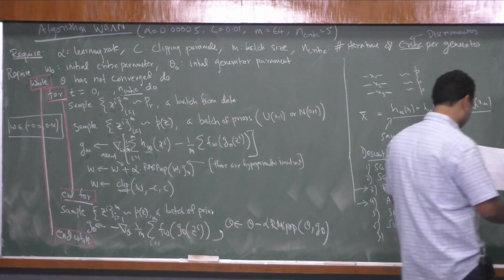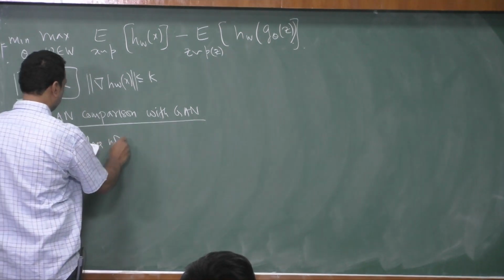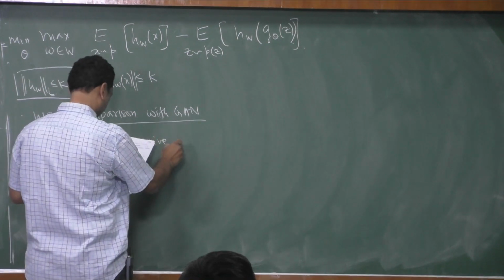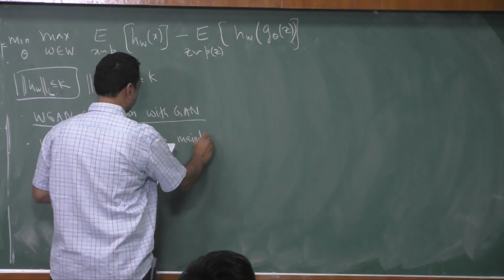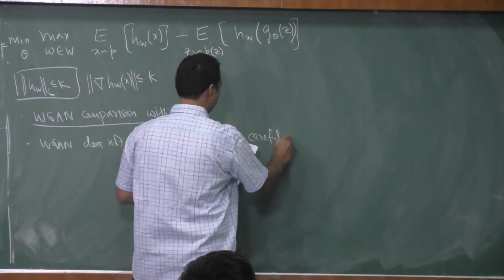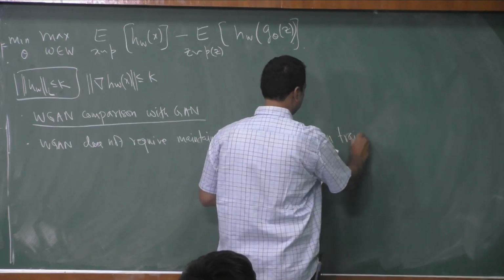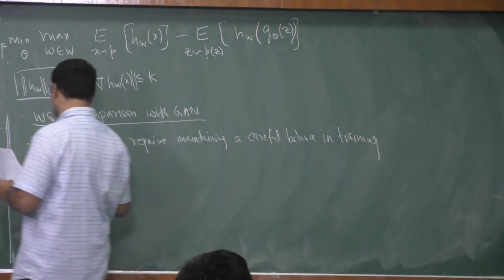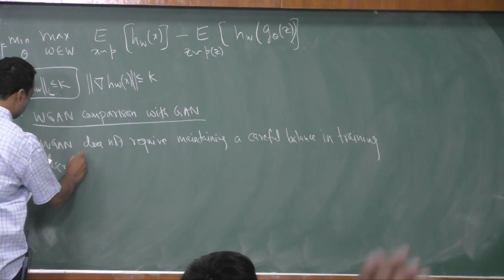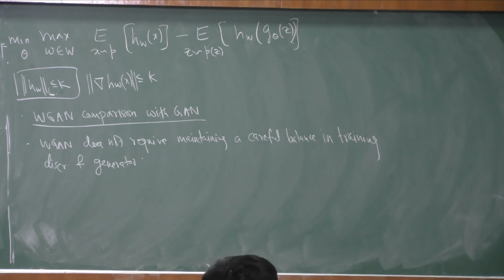WGAN does not require maintaining a careful balance in training the discriminator and generator, essentially how much the n critic should be and so on. Here it's not that sensitive, so usually it's more stable,